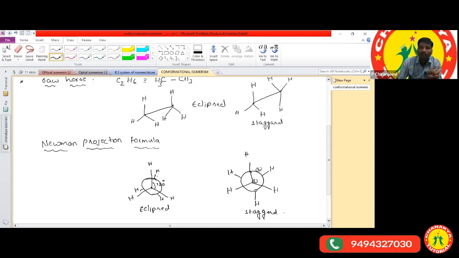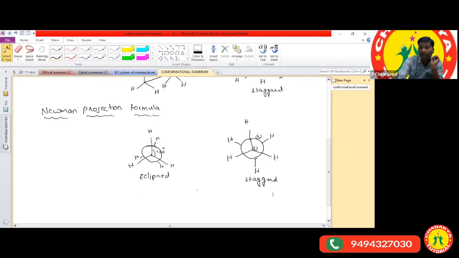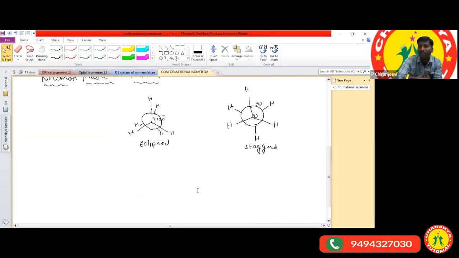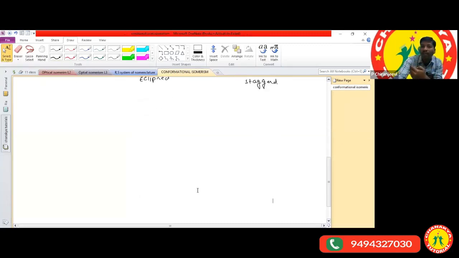Based on this, they ask NEET level questions now. What are the questions they ask? They ask about the stability order. I didn't write all the conformations, just two, to explain the sawhorse and Newman projection formula. If you want clarity, now I'm going to take one more example to explain all conformations. What is the other example I'm taking here?